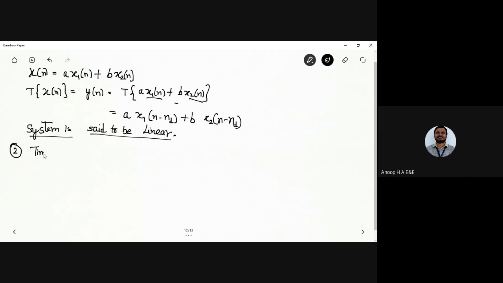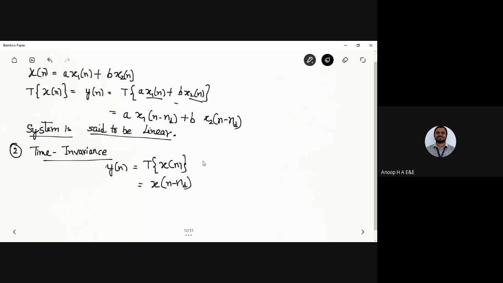Time invariance. How do I say it is time invariant? How do I recall the definition? So once I have the input signal, where I'll be applying it on x of n, what I can see here is x of n minus nd. Got it? So I have x of n minus nd.